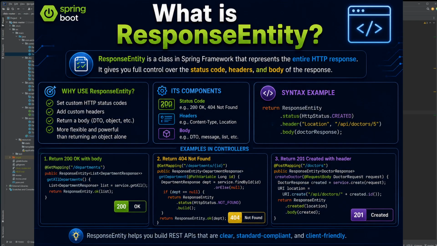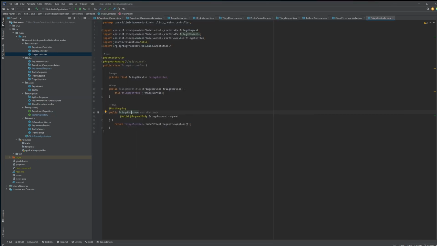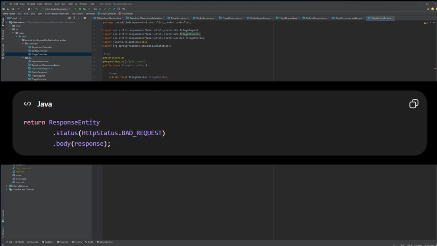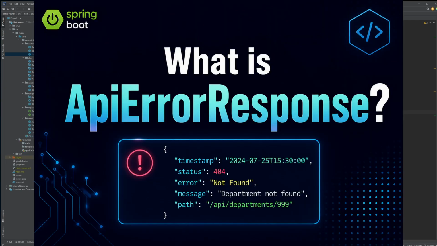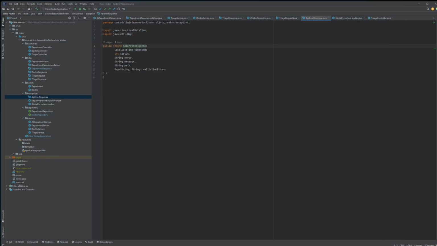What is response entity? Response entity gives explicit control over the HTTP response. It contains status code, headers, body. For example, that would be it. What is API error response? It's my custom error response DTO. It contains information such as error, message, path, timestamp, status,